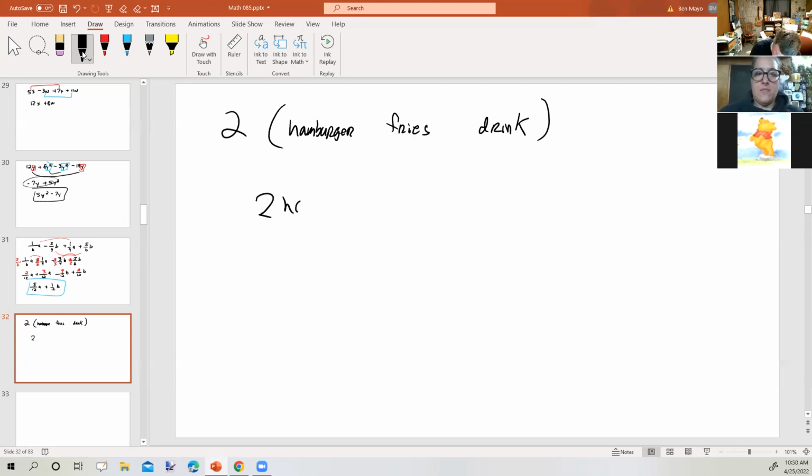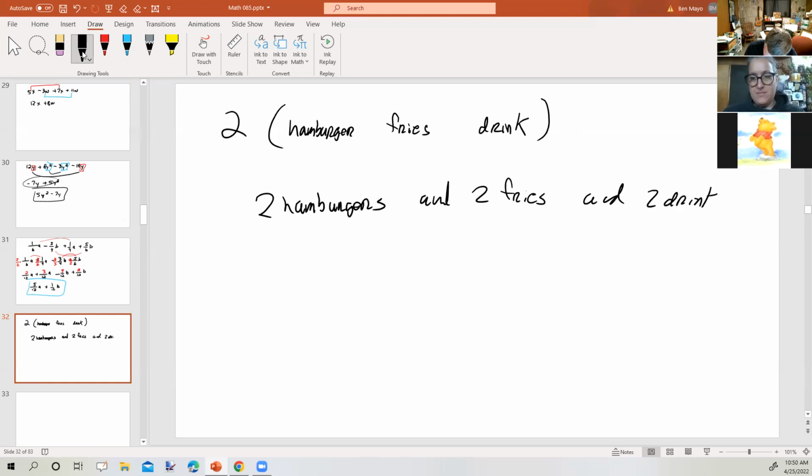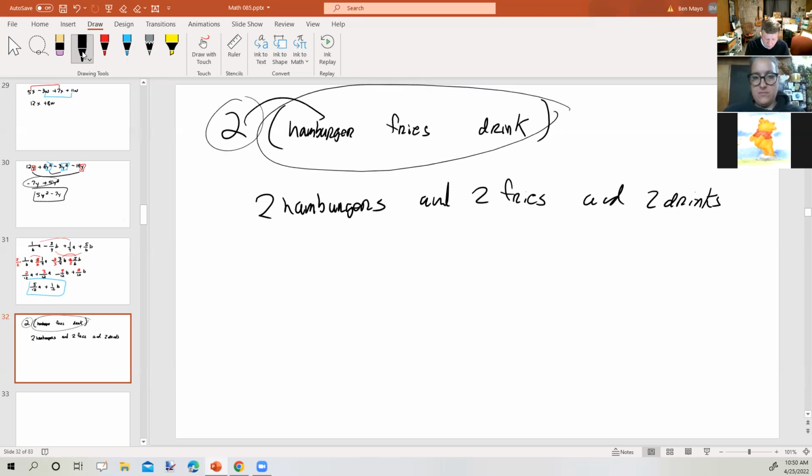Well, there are 2 hamburgers and 2 fries, not 2 fries, but 2 containers of fries, and 2 drinks, right? So if we have 2 of a bunch of stuff, we have 2 of each thing within that bunch of stuff. That's very mathematical. Write that down, bunch of stuff. Okay, this is known as the distributive